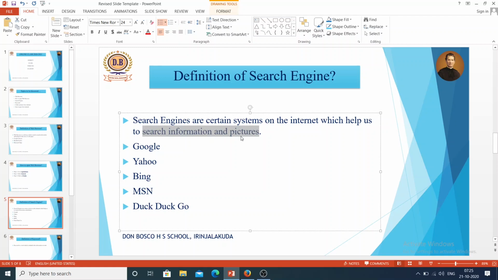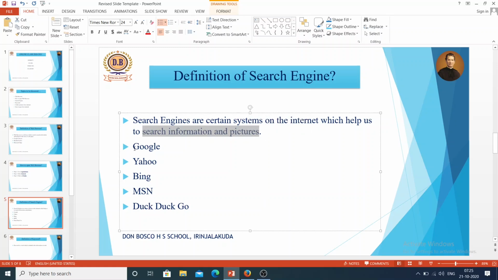Web browser is a software, but search engine is not a software. It comes inside the web browser software. And both are used for the same purpose: to search information and pictures.